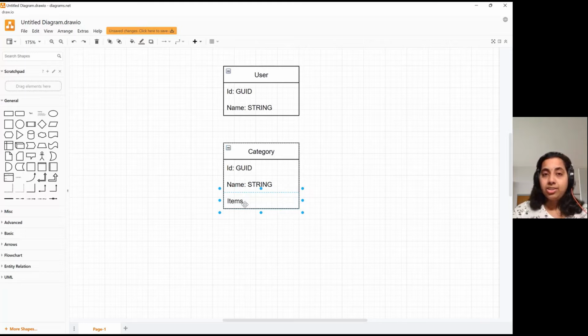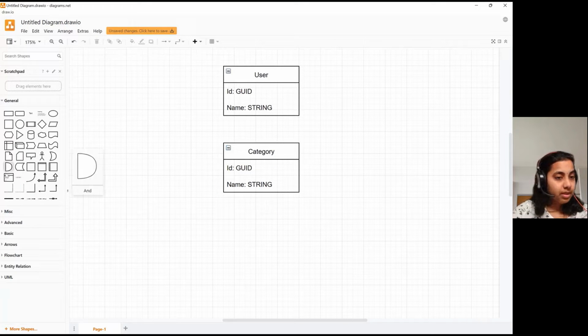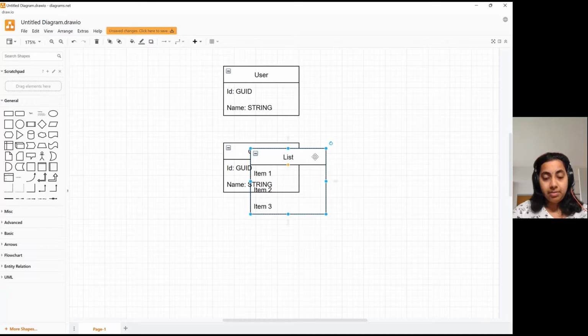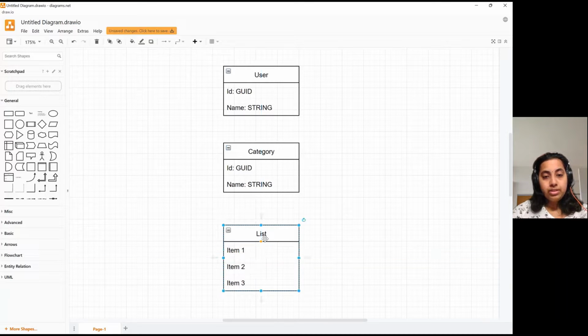Whenever we see a collection entity, there's an opportunity for us to normalize into a different table. So let me remove this from here. I'll add in another table that I want to be named item. Here, the identifier I want to be ID and type GUID. Even the item can have a name. So if color is my category, red is an item, and this is of type string.